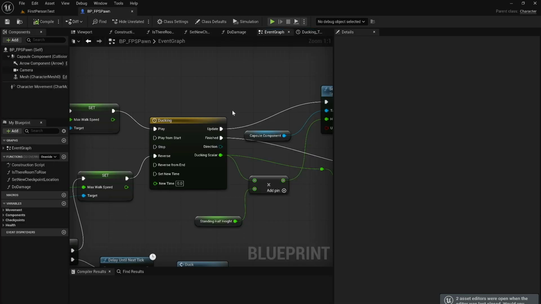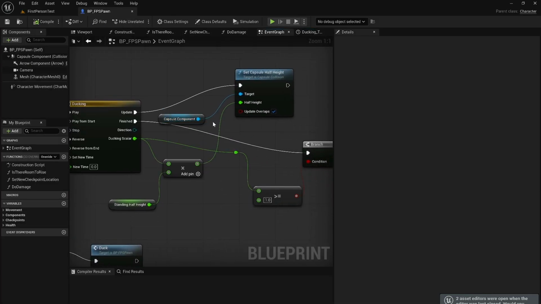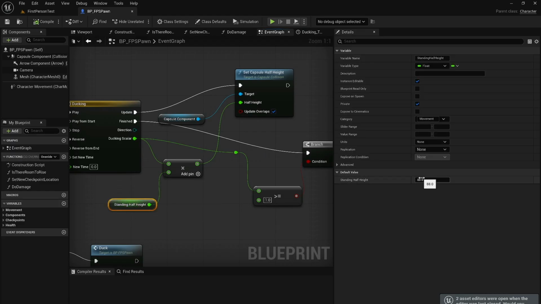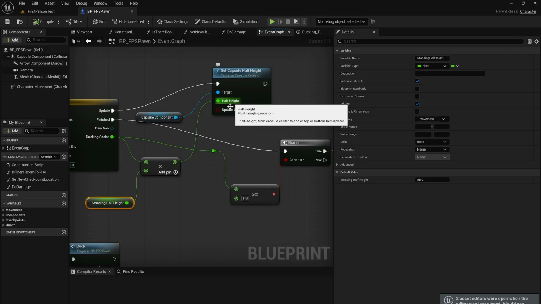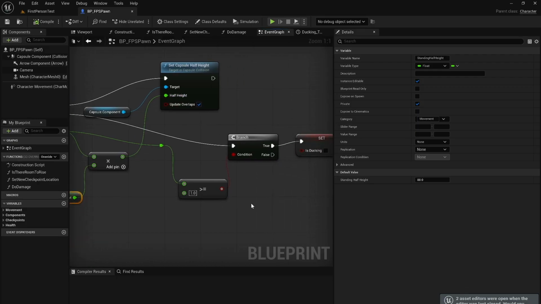Let's go back to the event graph. So it takes your capsule component, it multiplies that by your standing half height, which is 88 centimeters. So when it finally gets to 0.5, this number will go from 88 to 44. And at the end of it, it'll be 44. And when it's complete, if the